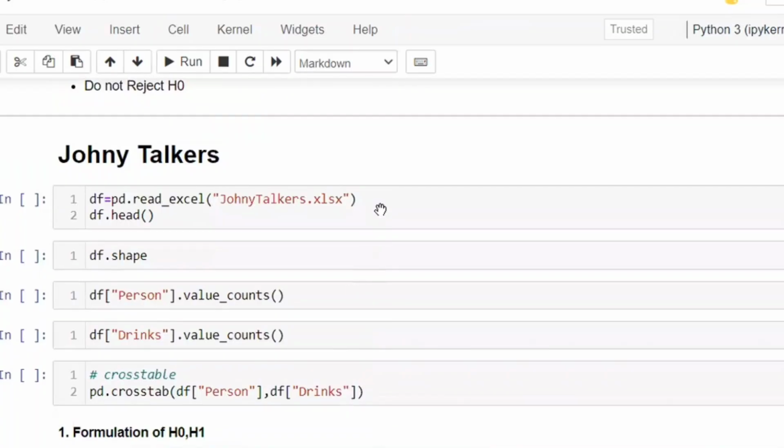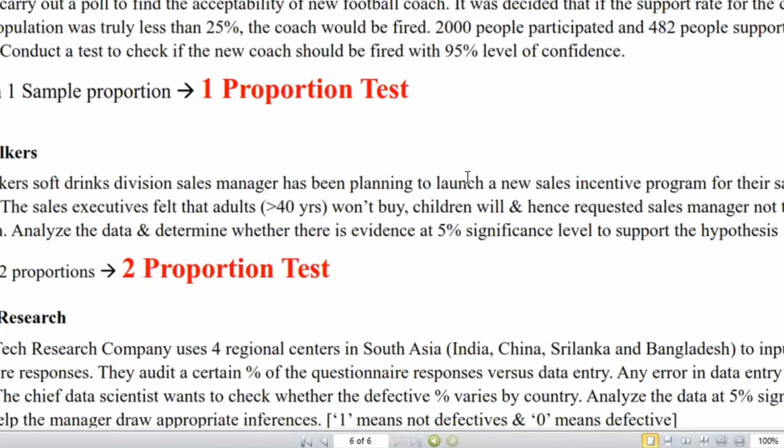Next example. Let us go with the next example. Here the data set is not available. No, sir, I want the data set only and I want to check. I will create the data set in front of you only. With respect to accept the coach, accept, reject,